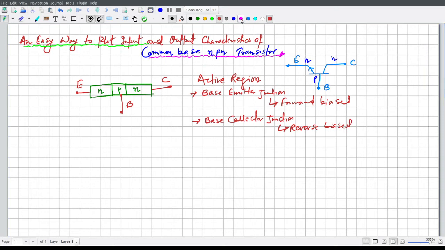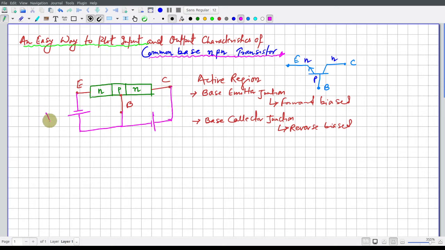Now, as already discussed, this should be our forward bias. I am just making this diagram, and this should be our reverse bias.